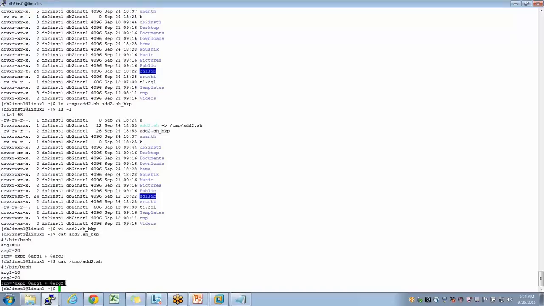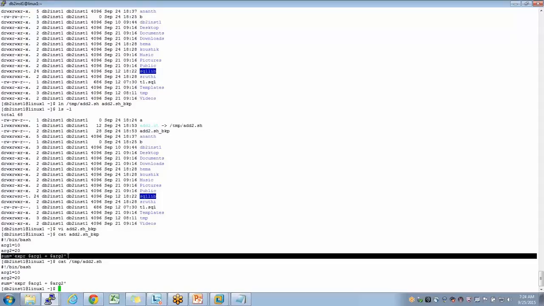You got what I'm trying to say? I haven't entered into this temp add2.sh. I have just opened my normal copy and updated the third line, and that got affected there. But when I go and update the master copy, it looks like it's not getting reflected in the child copy.